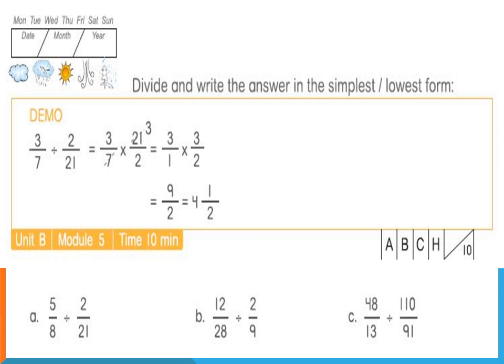So first of all, what we need to remember is whenever we encounter division of fractions, the fraction just after the division sign will be the reciprocal and the division sign is converted into the multiplication sign. After that, by cross multiplication, we will take out only the simplest form, and then multiplying the numerator with numerator and denominator with denominator, we will get the final answer.